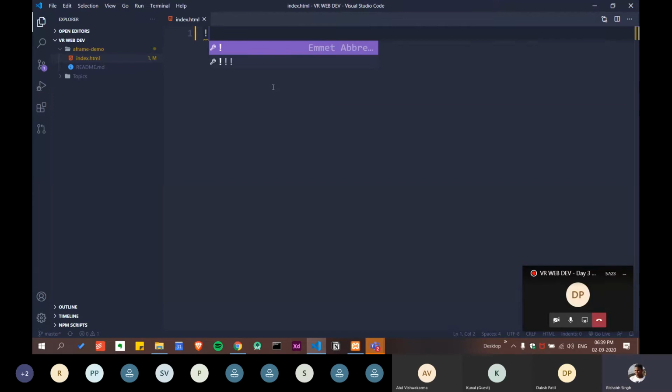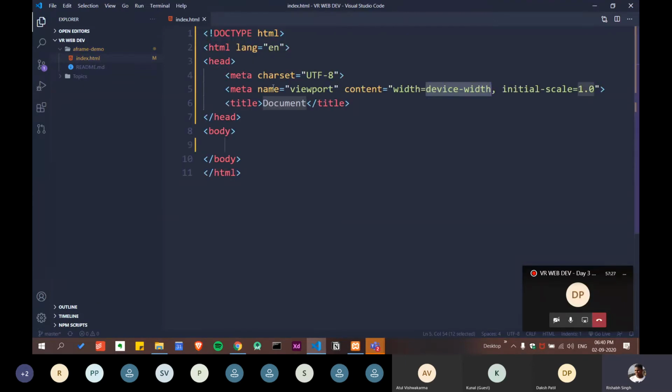So this is the exclamation mark, and we are going to press enter, and here we go. Everything is here and we don't have to worry. The head has come, HTML has come, body tags and everything, and the meta tag has come. The script tag is not there and we will add it, of course. The title tag has come. We are not going to use it, but we will not delete it either. Let it be this way.